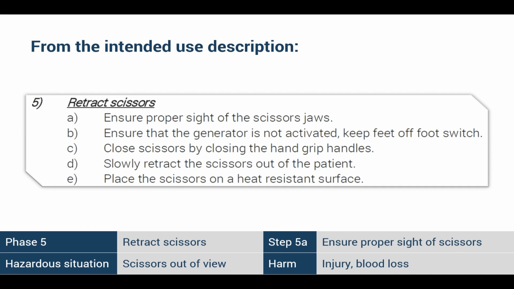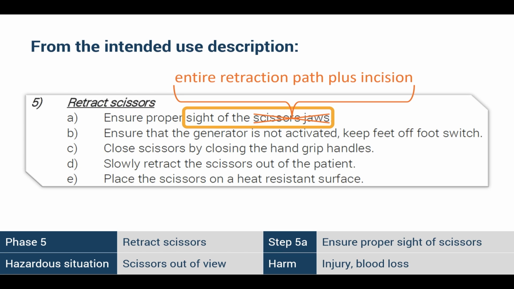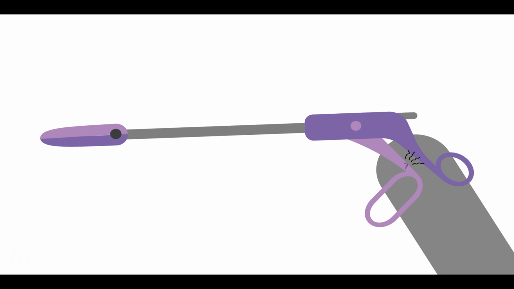This situation occurred because of a systemic fault in the instructions. The camera should also visualize the retraction path as much as possible, not just the scissors tip. But maybe the cause was also a random fault during the retraction, material failure. Or worse, the material failure may be a systemic fault if the design was calculated too weak or the handles had a manufacturing defect.